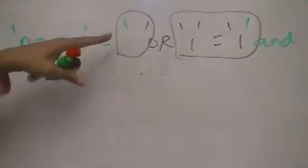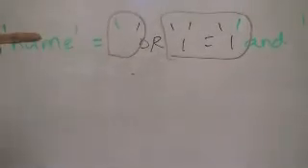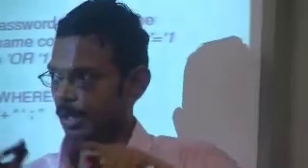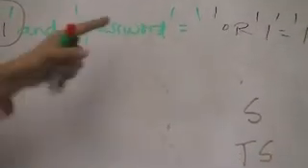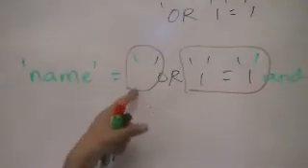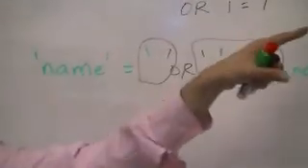So you could have a blank name like this or any name you want. Once you have or 1 equals 1, the clause is always true. And password equals the same thing. You could have anything, a blank password or 1 equals 1, that part is also true. So the user can basically select information from the database by passing information like this for the username and password.